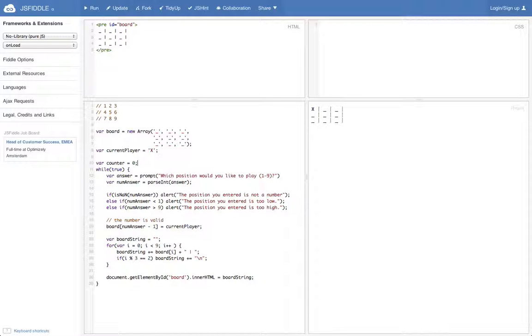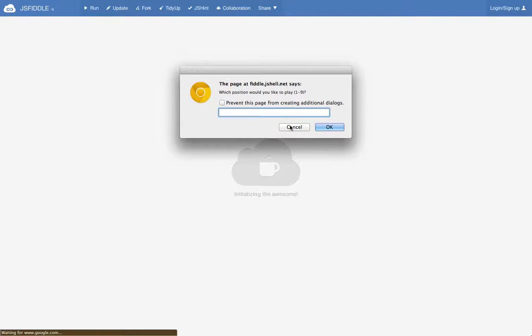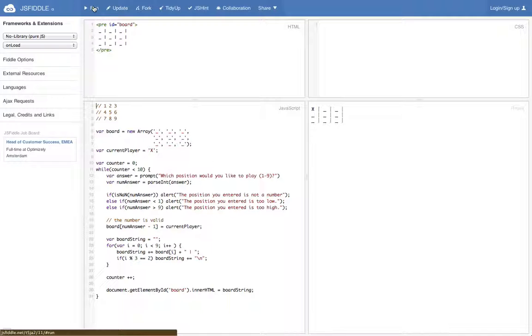So what I'm going to do is just replace it by a simple counter. And I won't allow us to make more than 10 moves. And this includes invalid moves, which is not quite right, but you'll see. And I'm going to add each loop. Okay, update that. And I'm just going to let it run because you can't really see what the board is updating with. So let me just run